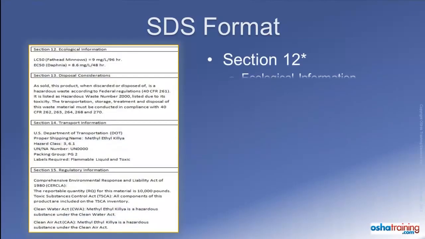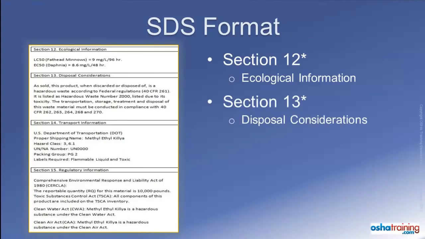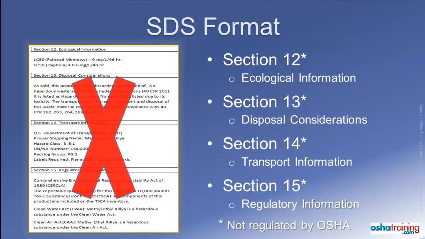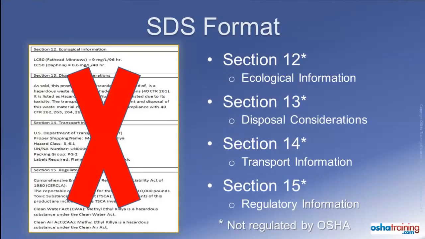Section 12, Ecological Information. Section 13, Disposal Considerations. Section 14, Transportation Information, and Section 15, Regulatory Information, all deal with requirements regulated by other entities such as the Environmental Protection Agency or the Department of Transportation. Therefore, these sections are not regulated by OSHA, but appear in the safety data sheet to be consistent with the